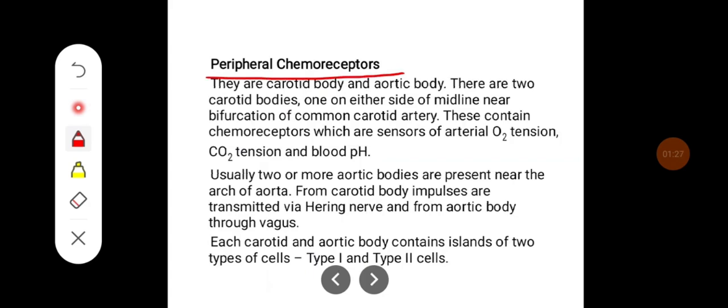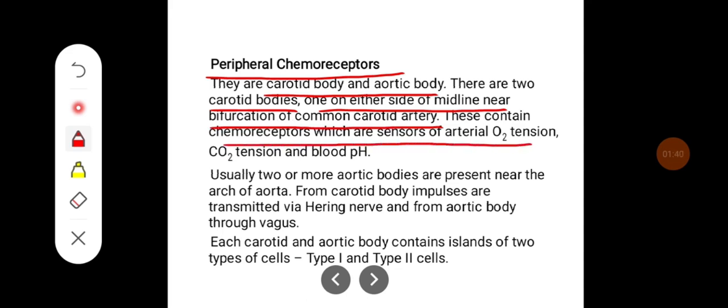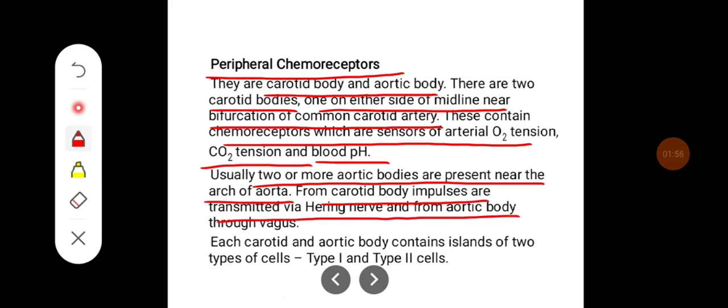Peripheral chemoreceptors. They are carotid body and aortic body. There are two carotid bodies, one on either side of the midline near bifurcation of common carotid artery. These contain chemoreceptors which are sensors of arterial oxygen tension, carbon dioxide tension, and blood pH. Usually, two or more aortic bodies are present near the arch of aorta. From carotid body, impulses are transmitted via Hering's nerve and from aortic body through the vagus, that is respectively ninth